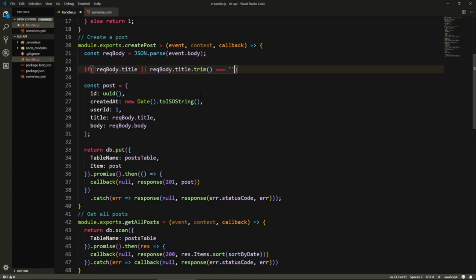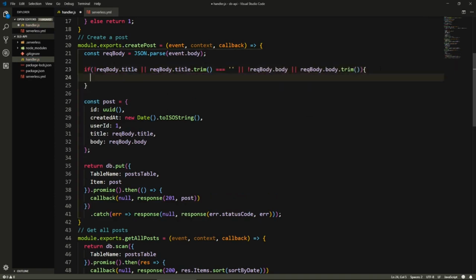Or, so I'm just going to copy this one more time and then select this, Control D, body. So if we don't have a title property, or we have it but it's empty, or we don't have a property of body, or we have it and it's empty,